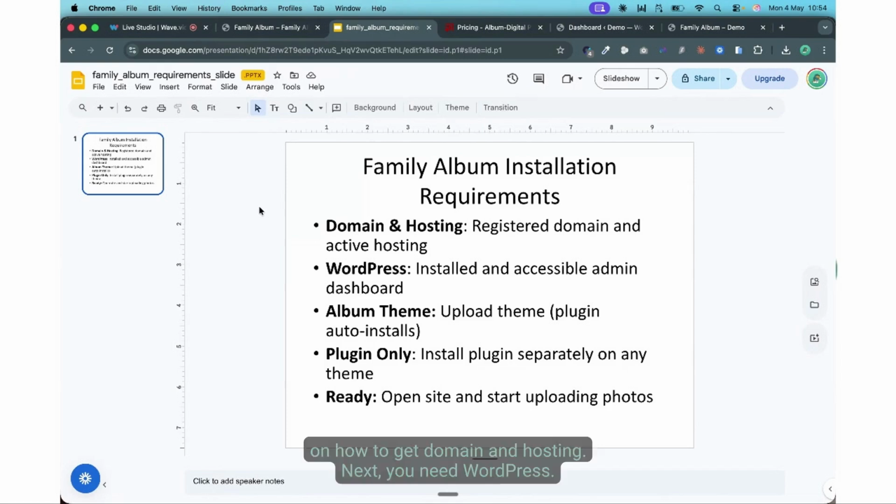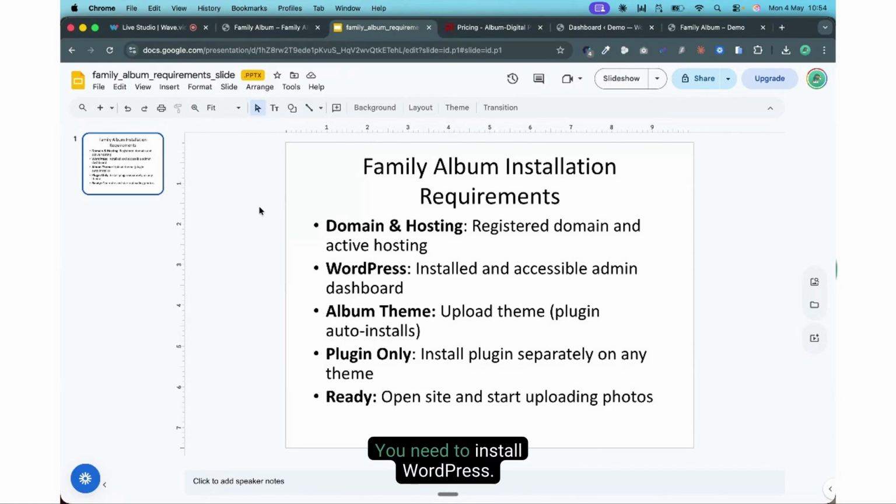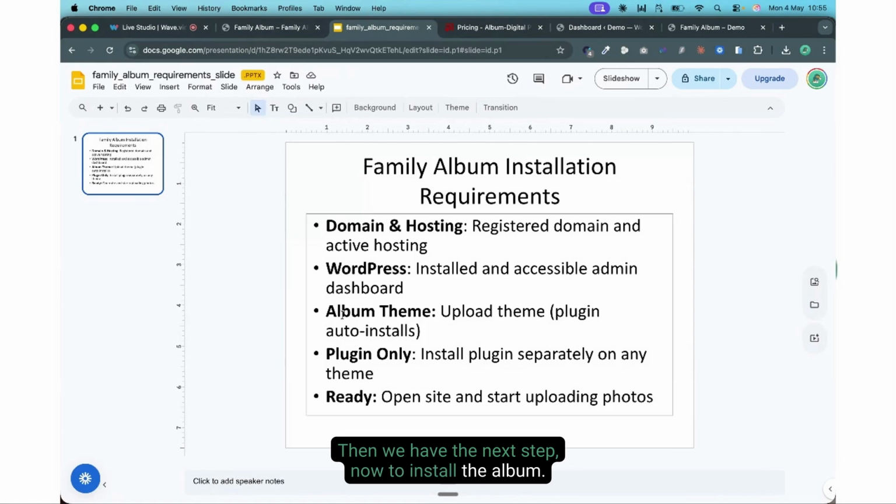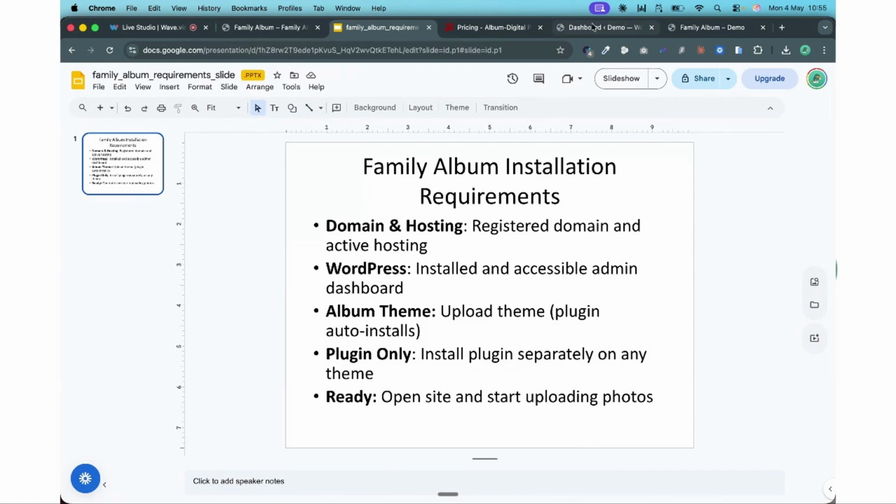Next, you need WordPress. You need to install WordPress. If you do not know how, there's also a step-by-step video linked below for a full guide on how to install WordPress. Then we have the next step now, to install the album. This is the easiest way of installing this album, using the album theme way. You'll need to go to